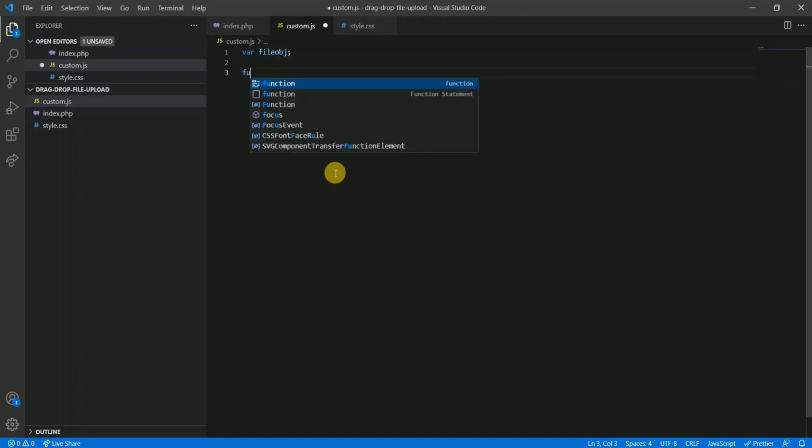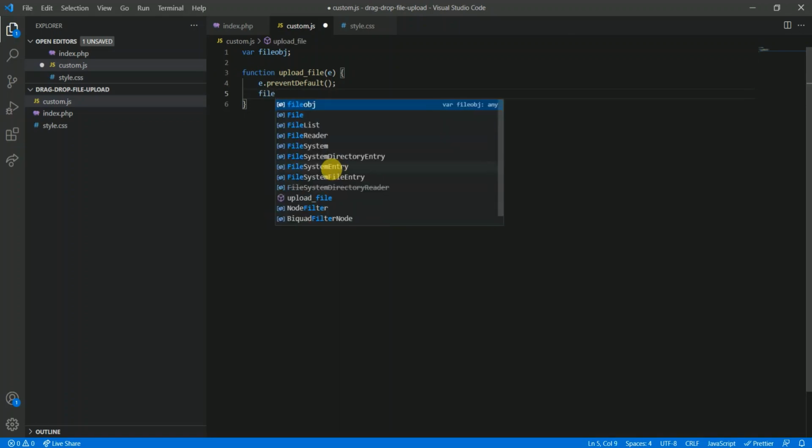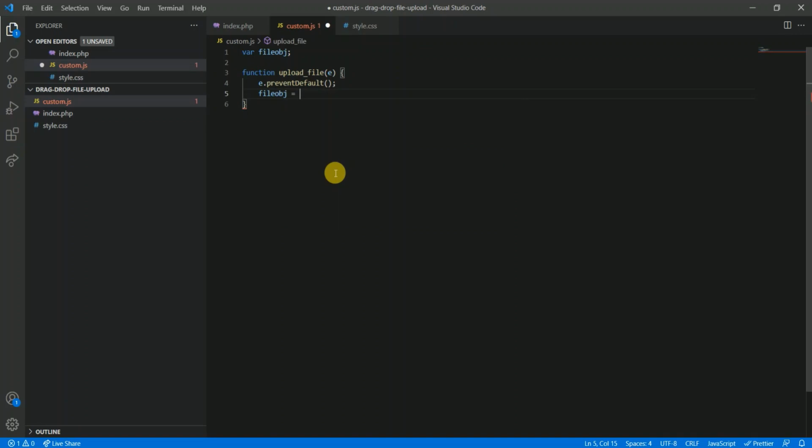Then let's define the function of upload file.